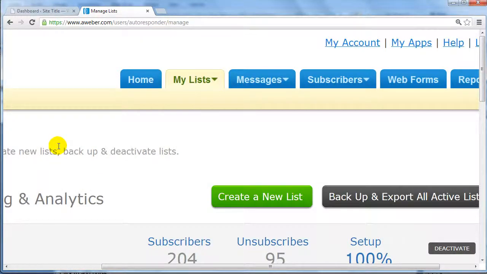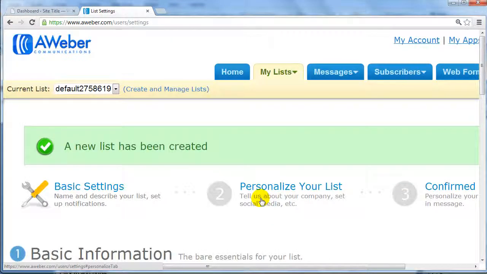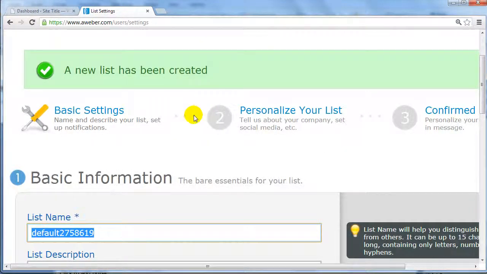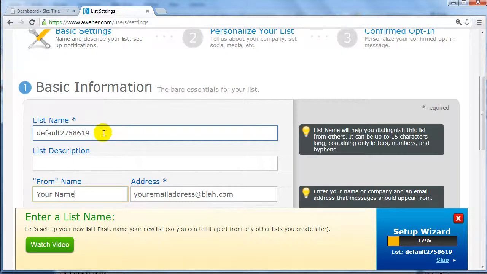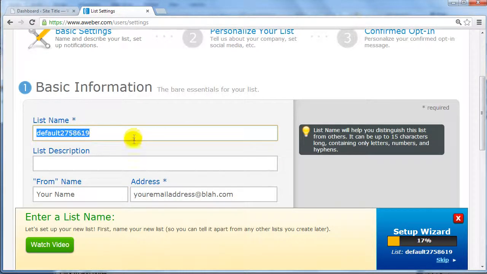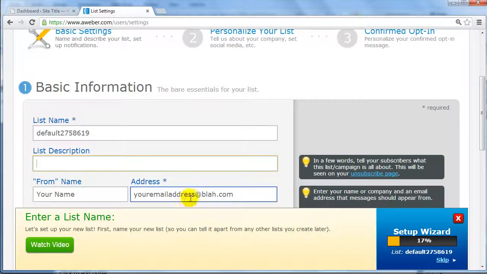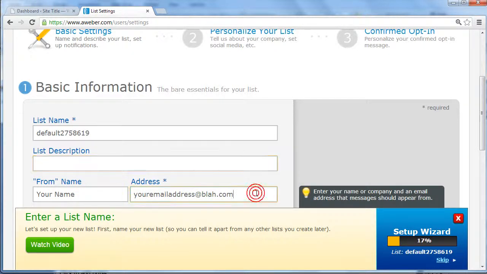And then at this page, if you scroll all the way to the right, at the very top, you're going to see a green button that says Create a New List. So simply click on Create a New List. And with Aweber, it's going to automatically name your list at the very top here. So you can basically just enter your customized list name here. We'll just leave it like it is, but you can customize it if you want to do that. You can also enter the list description, and that's just for you when you refer back to it so you know exactly what the list is all about. And then your name, of course, and then your address would be your email address. And once you're done with that,